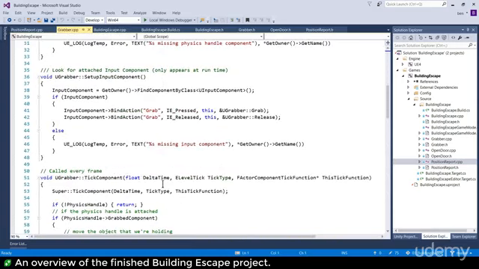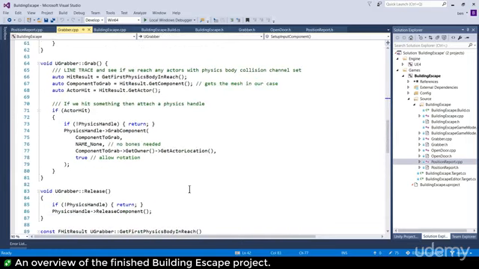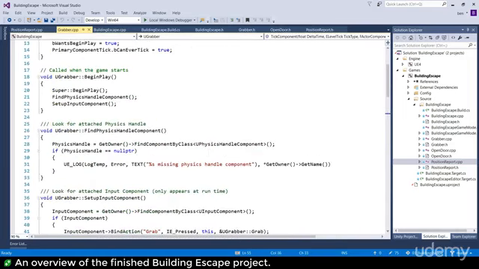Here's the grabber, here's the physics grabber. We'll be doing all sorts of new stuff, logging to the Unreal console so that we can get some information. We'll be binding input to the mouse, loads of stuff. We'll be dealing with pointers, a little bit to do with pointers and what that means. So tons to learn in here, and by the end of it, you will have a much better idea of